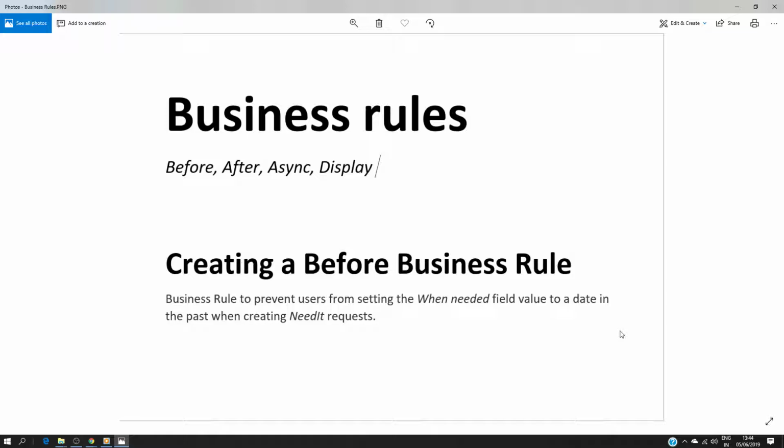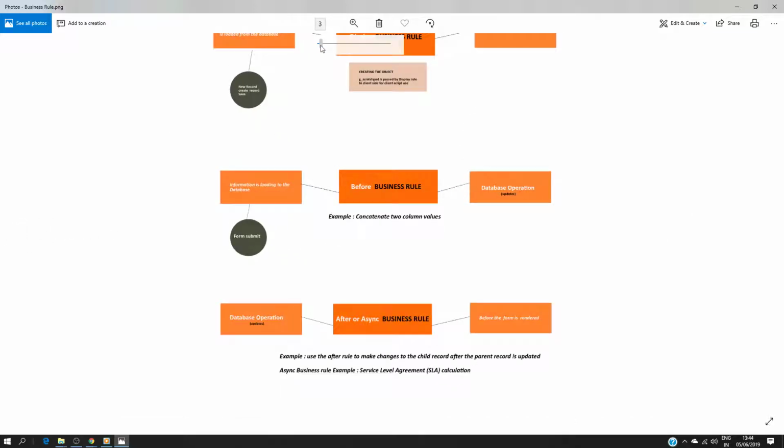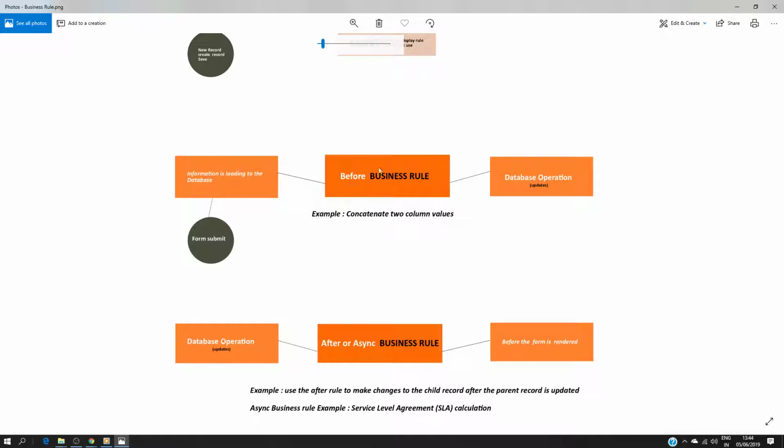A business rule is server-side logic, and basically you can write a script on the business rule. It's a server script. Why we need a business rule, in which cases we are using the business rule, when exactly the business rule is taking place. So that's the first thing we need to understand. So for that I just prepared something to explain, for example, when exactly the before business rule is taking place. So I will just open